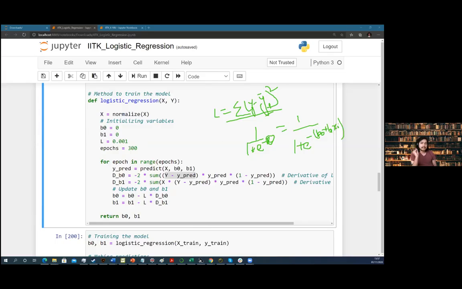So gradient descent basically will use this concept to estimate the parameters here by minimizing the loss function, right? So we have to minimize this loss function.